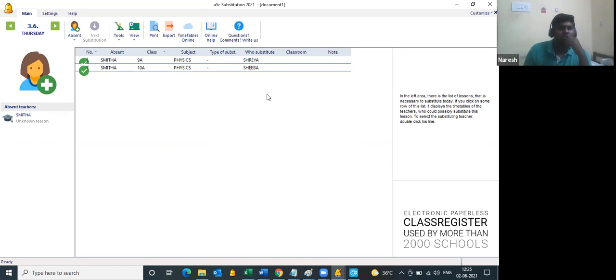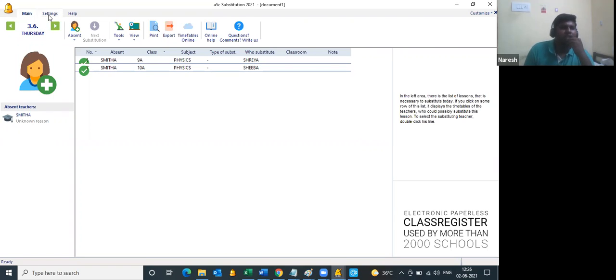If you want a specific constraint, like this teacher has to be replaced only by the teachers who handle this particular class, consider 9A. 9A might have physics, chemistry, mathematics, different subjects. The teachers who teach only 9A, you want only those teachers to replace. We have a constraint for that.